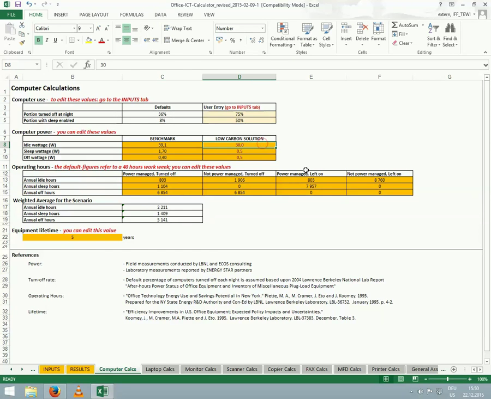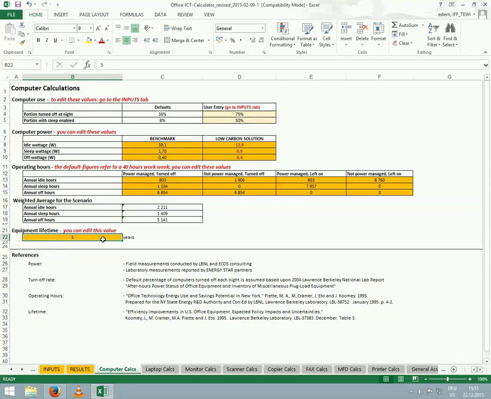For the low-carbon solution, you can take values from your current tender if a low-carbon solution was provided, or if you would like to use the calculator to monitor the results of the low-carbon tender. If you use the calculator before tendering, you can also take the values of a very energy-efficient Energy Star rated product. For this example, our low-carbon solution will consume 12.9 watts in idle mode, 0.9 watts in sleep mode, and 0.4 watts while off. At the end of the worksheet, we have to include the lifetime of the computer, or